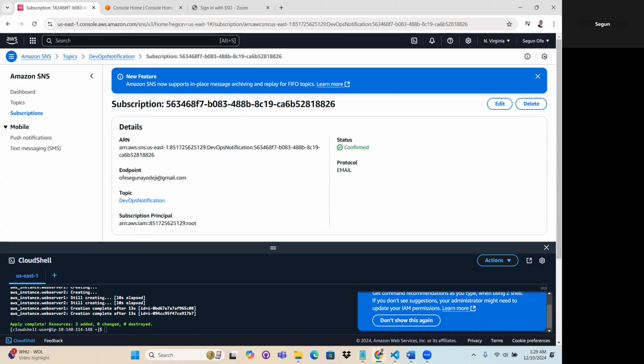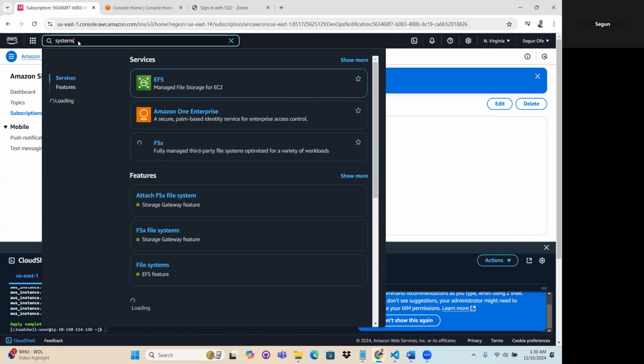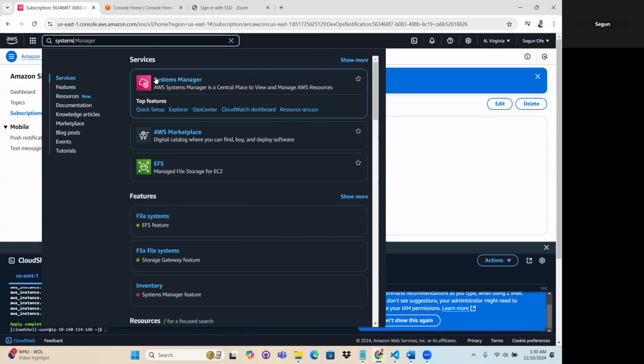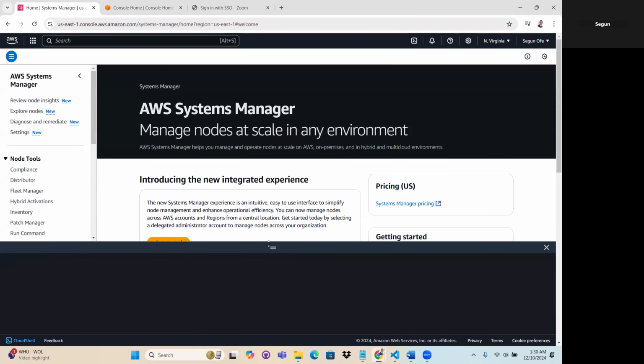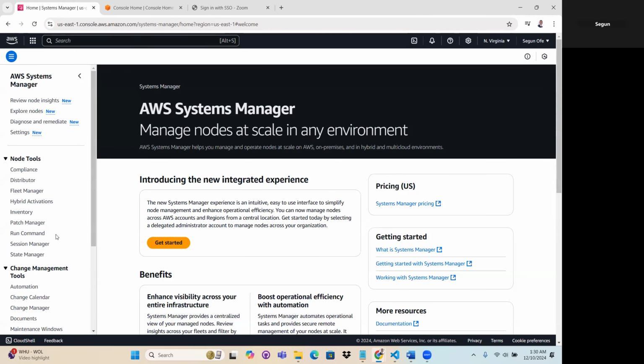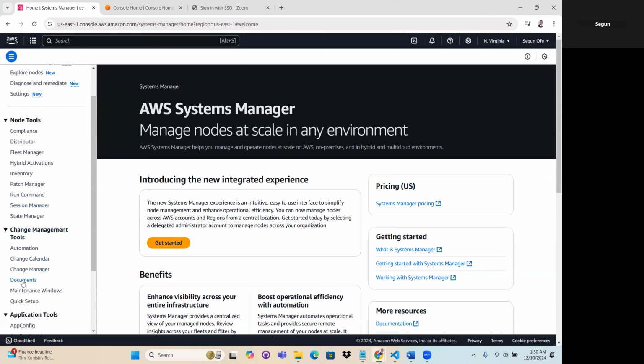So the next thing we need to do is to configure the run command for the system manager, right? The run command for the system manager. So what we are going to do now is we're going to go to the system manager, right? Come to system manager and then click on this. And let me close this. So I'll come to quick setup,